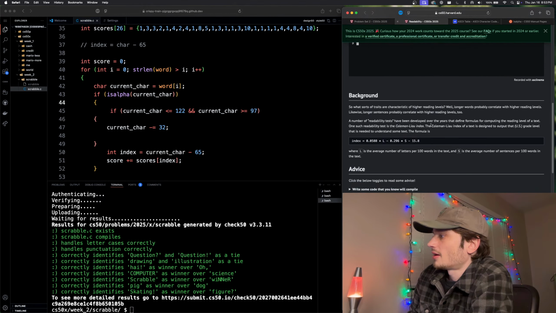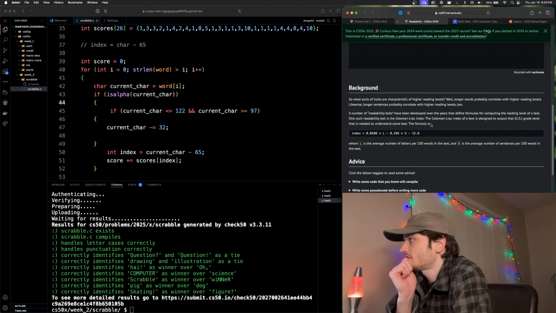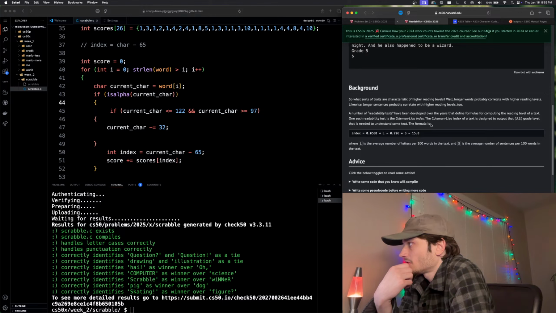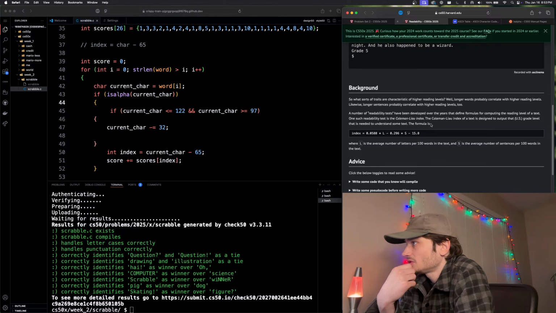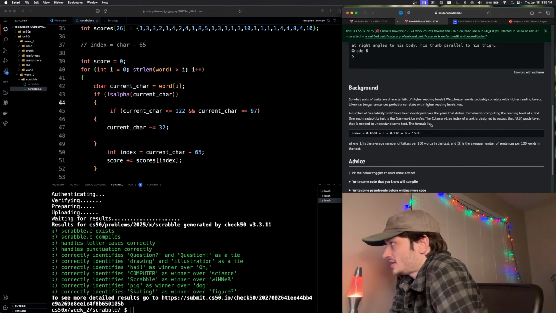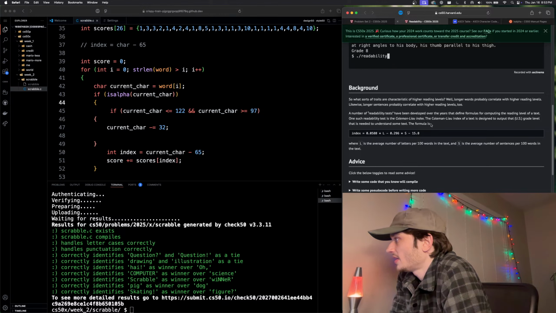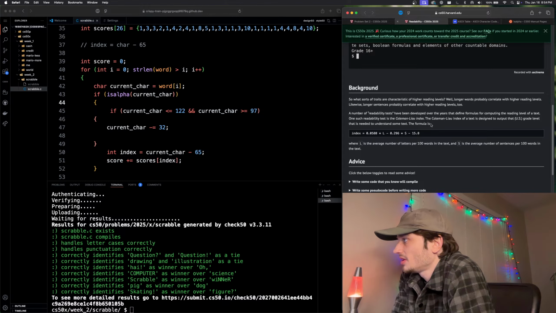Okay, background. What sorts of traits are characteristics of higher reading levels? Well, longer words probably correlate with higher reading levels. Likewise, longer sentences probably correlate with higher reading levels too. A number of readability tests have been developed over the years that define formulas for computing the reading level of a text. One such readability test is the